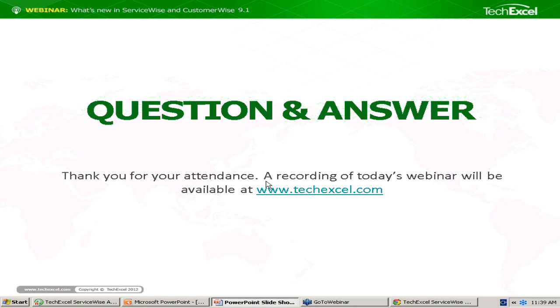For the calendar feature, the next question is, will ServiceWise ever offer a calendar feature for on-call staff or allow smart routing of tickets during off hours? So basically all the logic is on the server side. In this case, we are talking about My ServiceWise, the new application we are planning on for the 9.2 version, and in that version, all the logic is actually on the server, and basically this mobile application